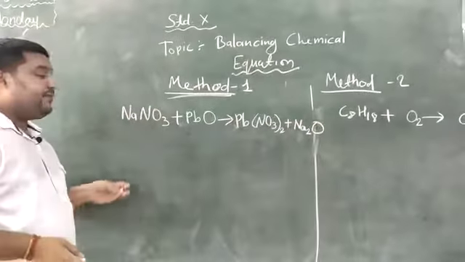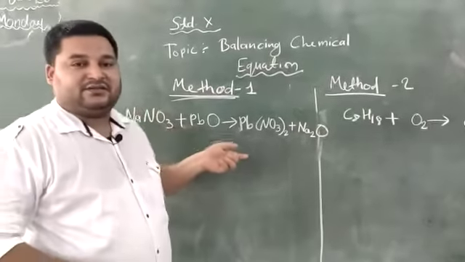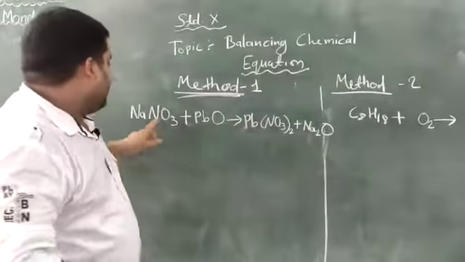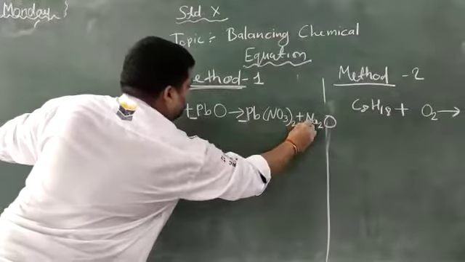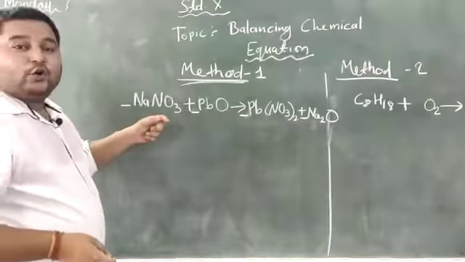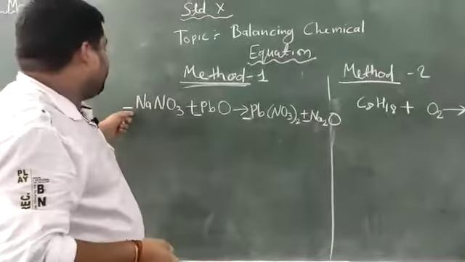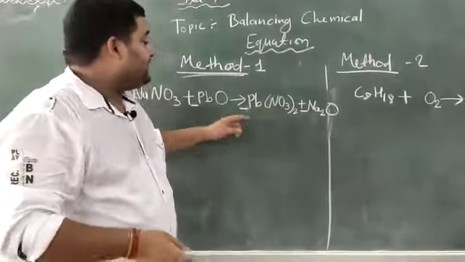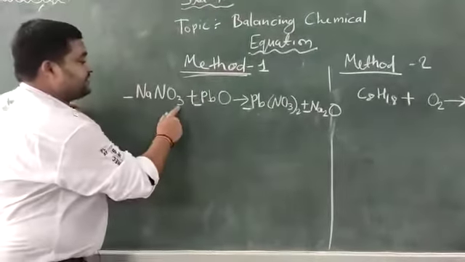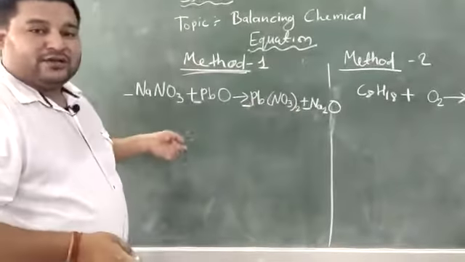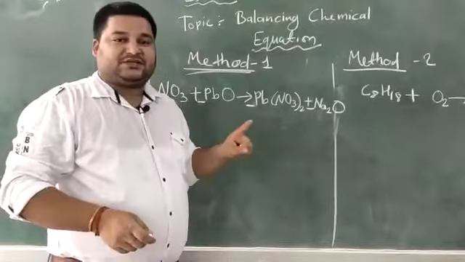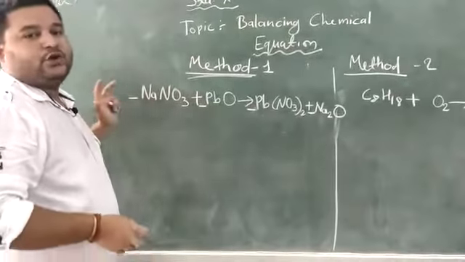First method. When you are balancing a chemical equation, just keep in mind you can change here, here or here only. These places are called coefficient space. So we can change only the coefficient, not the subscript. Subscript means here 3, or 3, 2, 2. Those values are known as subscripts. We cannot change the subscript. We have to change only the coefficient.